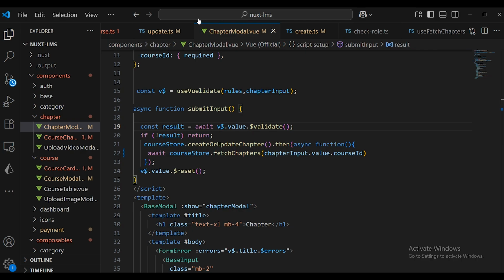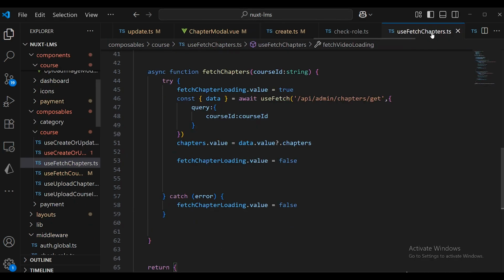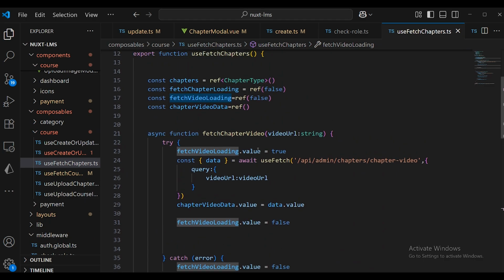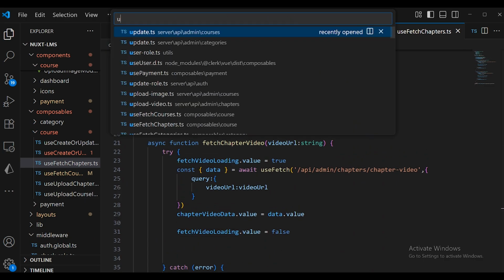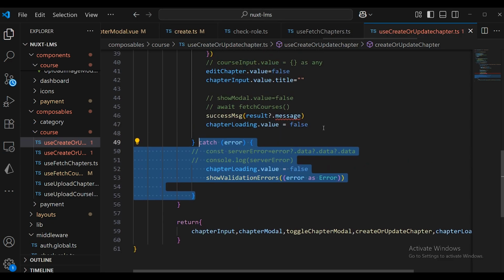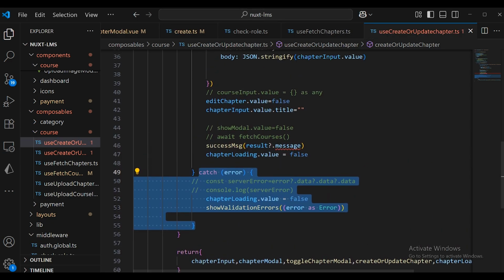And I'm going to check here. Let me go back in here, and I'm going to try to check something. Create update chapter, use create or update chapter, and in here, everything is okay. Now let's try to